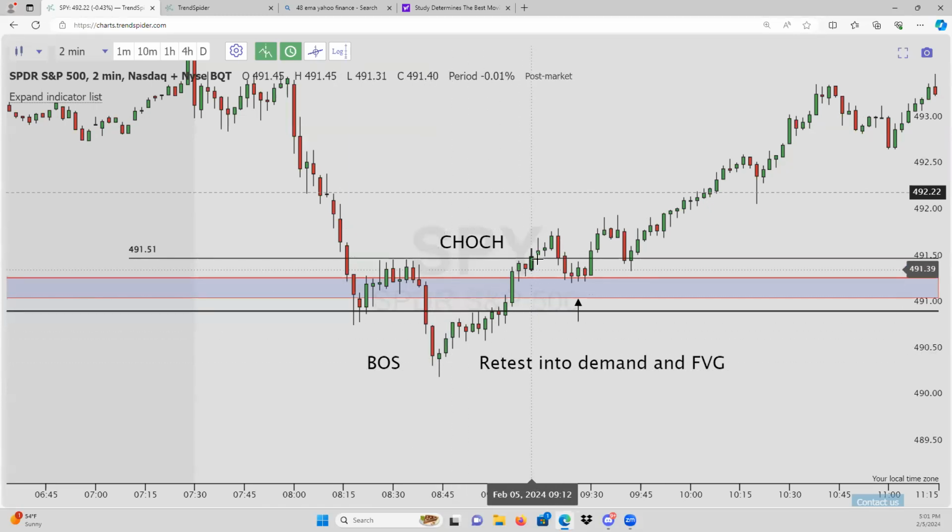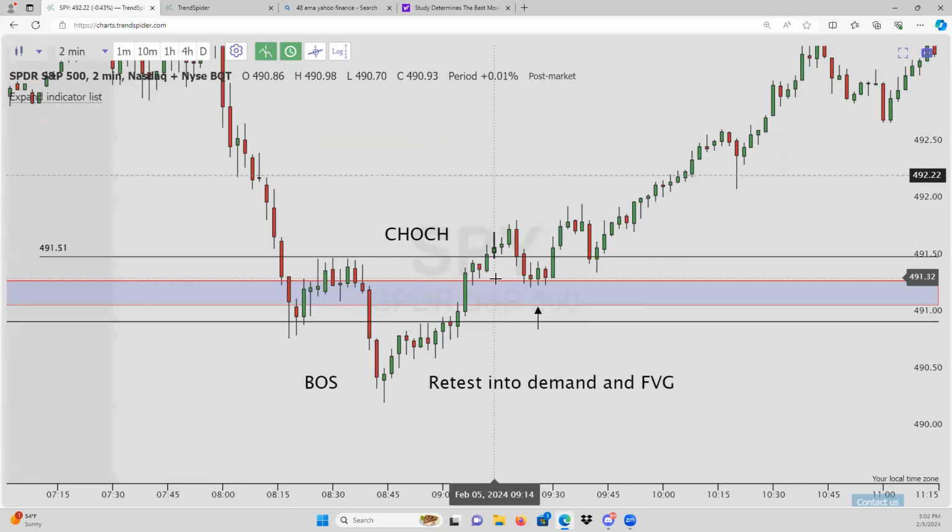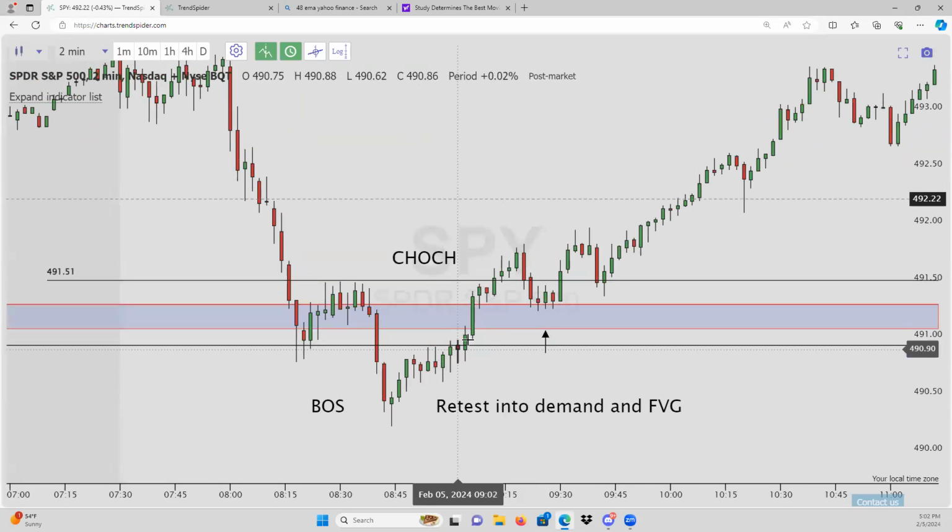We're changing it. So when we have this break of structure and we have a change of character, what are some things that we want to look for after that? So you have the change of character here. What are we going to look for entry? For entry, we're going to look for a fair value gap or a level of demand here. Typically, there's a fair value gap and demand, right? So we'll be looking for a retest into that.